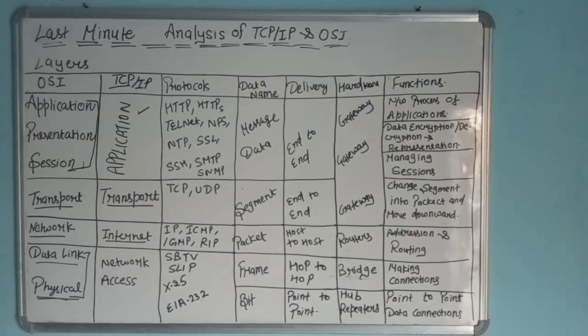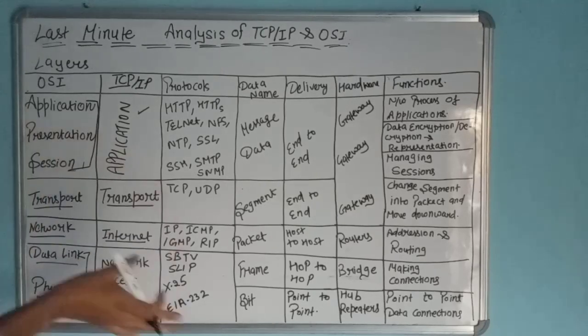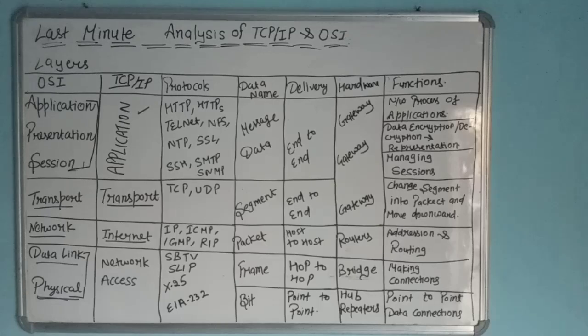In this video we will discuss the TCP/IP model, but before this we will also learn the last minute tutorial of the TCP/IP and OSI model using this table. In this table you can see all the important points related to the TCP/IP and OSI model. This column shows the OSI model layers and this column shows the